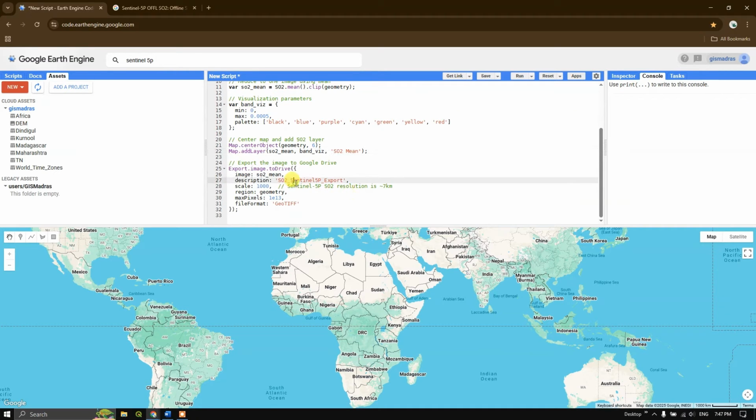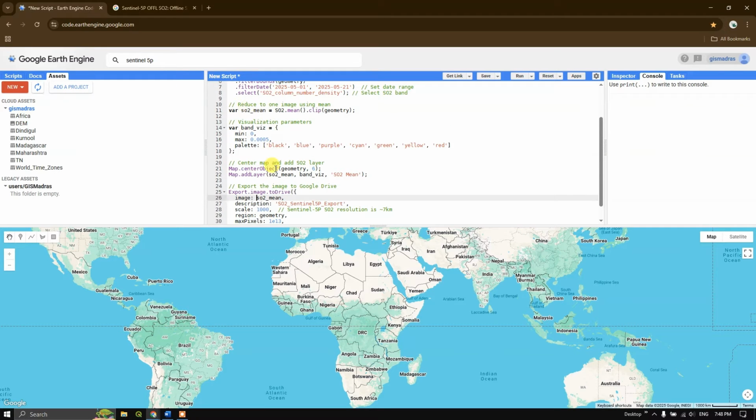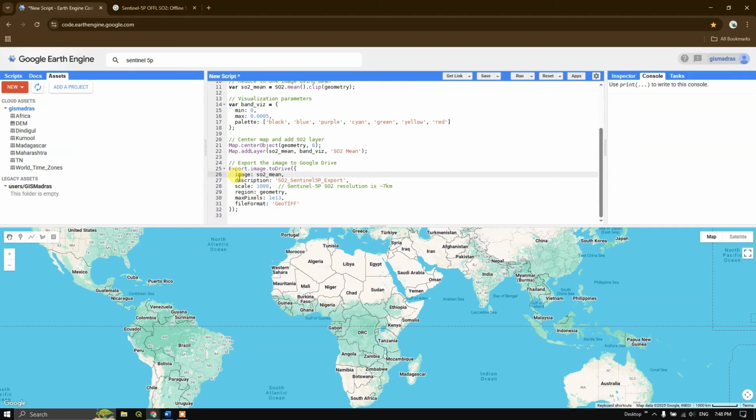Finally you can see here we are going to export the image to Google Drive. For exporting the image we are going to use this function Export.image.toDrive, and which image? The image is nothing but SO2 mean. As you can see here, this image we are going to export, and you can give any description for it, and followed by that you can see the scale. So I am giving the scale as 1 kilometer,